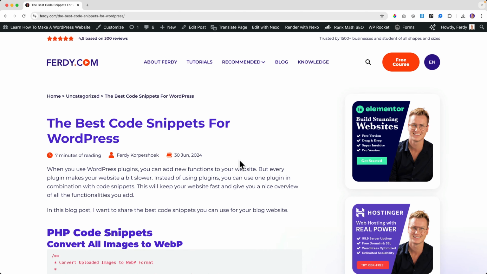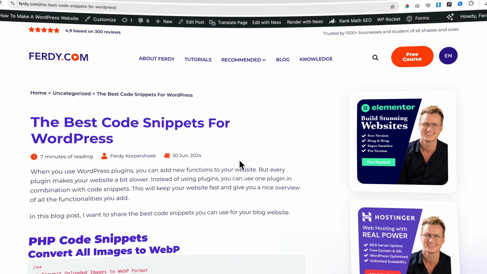Okay, so that's it about code snippets. So there you have it. This is what you can do with code snippets. You can add features, functionalities to your website without installing plugins, and in that way maintain the speed of your website. It's all very organized. You can use the free version, you can use the pro version, you can create things with AI, you can be part of the community, you can upvote other snippets that you like, you can save snippets to your cloud and then install another website, install code snippets, and then use those same snippets on another website, save yourself a lot of time. I think this is amazing.